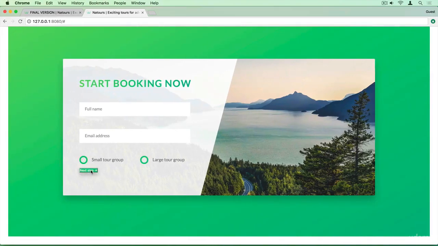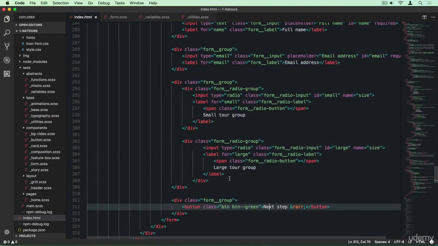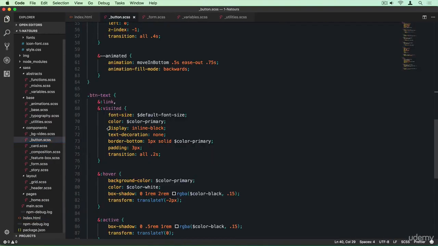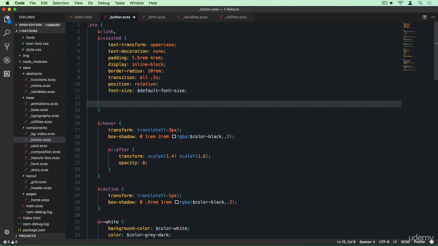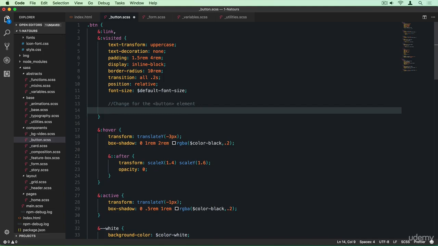And so let's check that out. And well, that doesn't really look like the one that we specified, right? And that's because this one is a button element, and so we have to actually go ahead and make some changes to our original button, but nothing really too difficult. So the first thing is that buttons, they by default come with a border, and so we should change that. So let me just add a comment here. So let's just remove that border